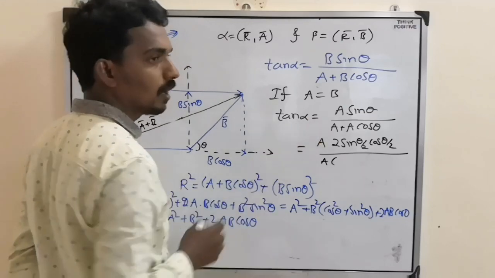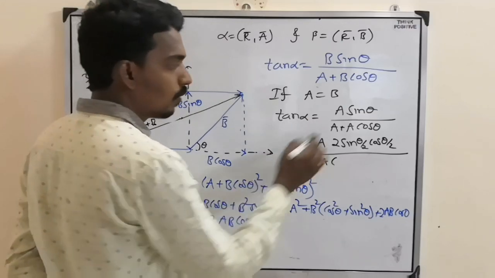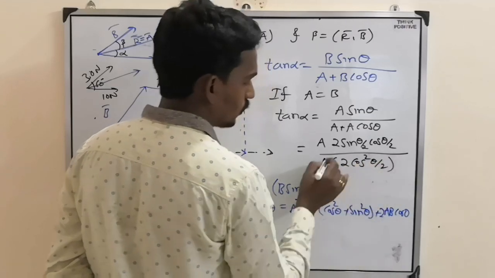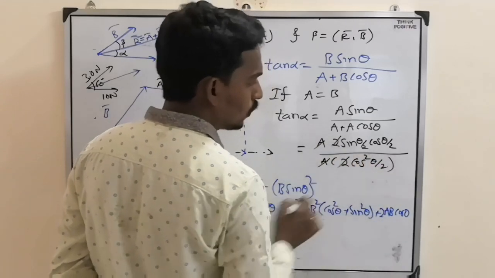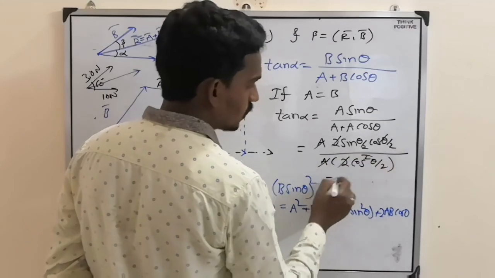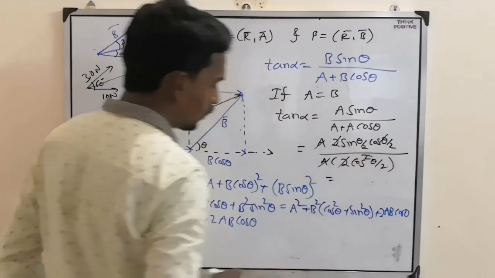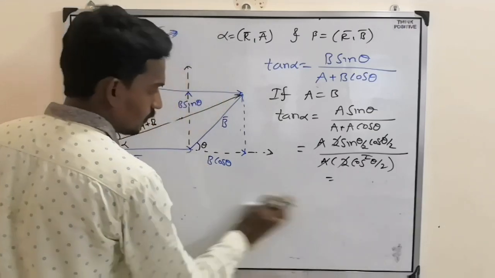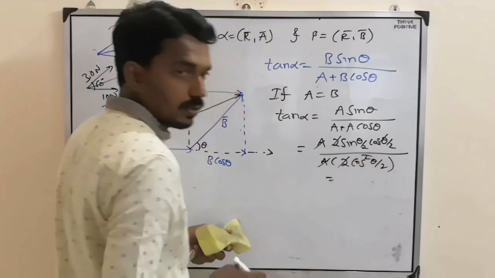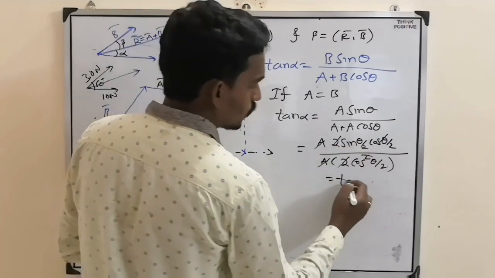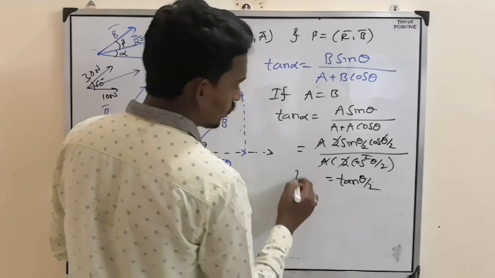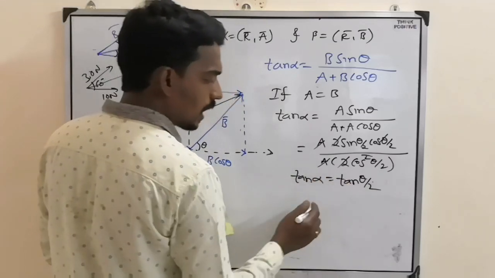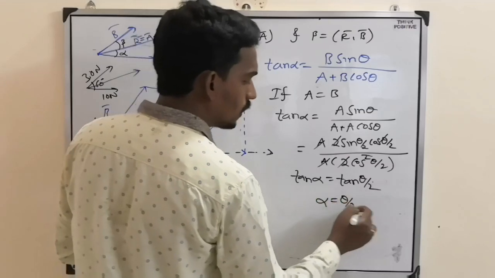We have taken the formula in trigonometric relations. 1 plus cos theta is 2 cos square theta by 2. A, 2, cos cancel. Sin theta by 2 by cos theta by 2. What will it become? Sin by cos, tan, but theta by 2. So tan theta by 2. So what is tan alpha? Tan theta by 2. Both sides tan. Then what should alpha be?